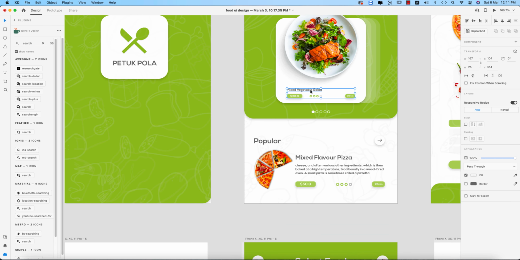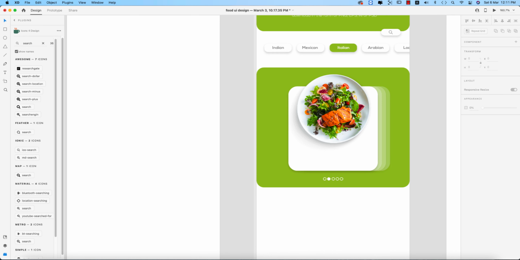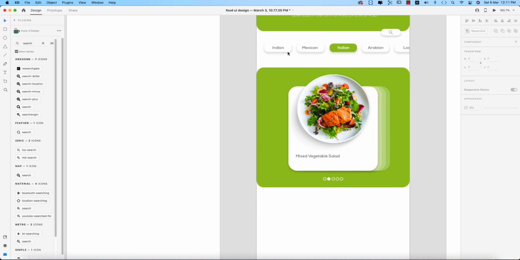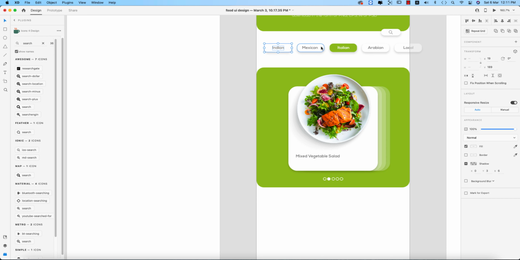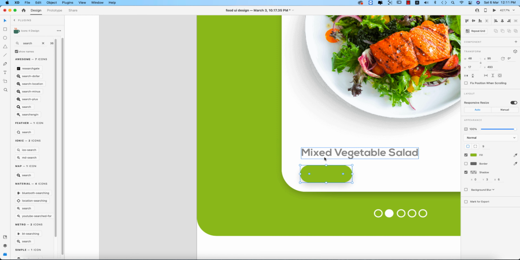So I'm taking the text from here. It will save my time. Okay, text tool and Control or Command V. Okay, make this one this type of color. Okay, mixed vegetable salad. And how much is the price? I'll take the price tag, or I'll take this one, the smallest one. Well, press the Alt or Option button, taking it into upper side, giving the color over here. The price should be